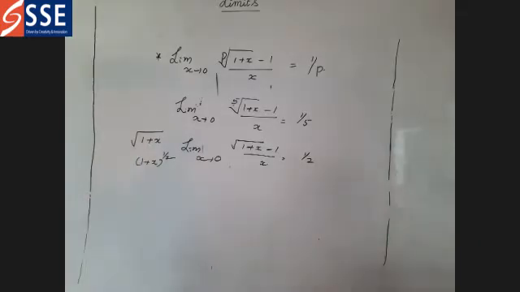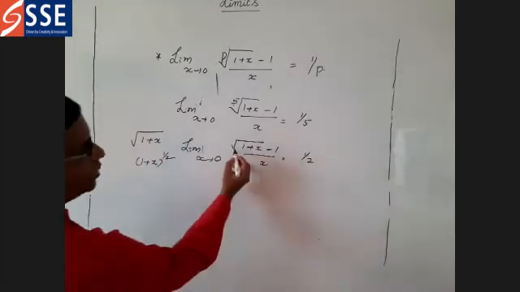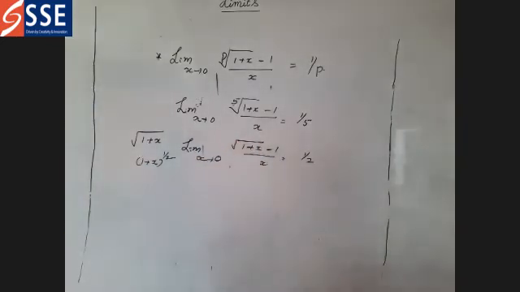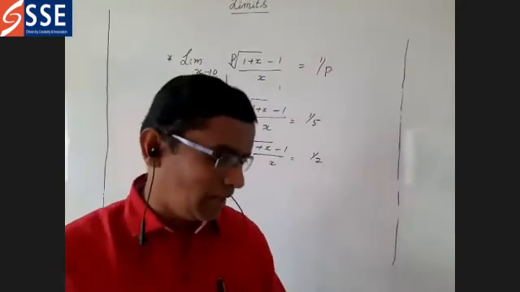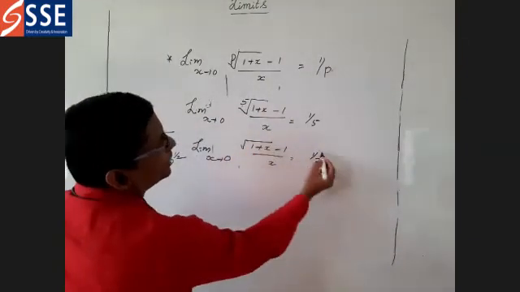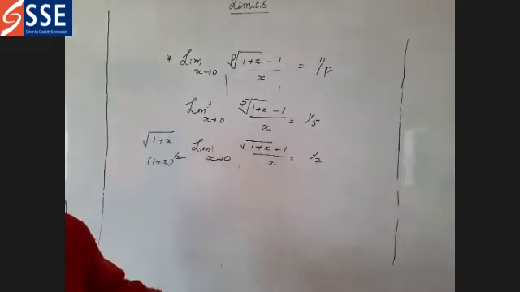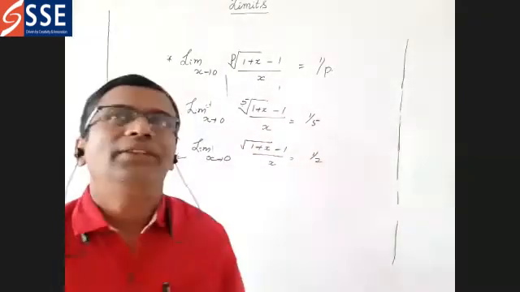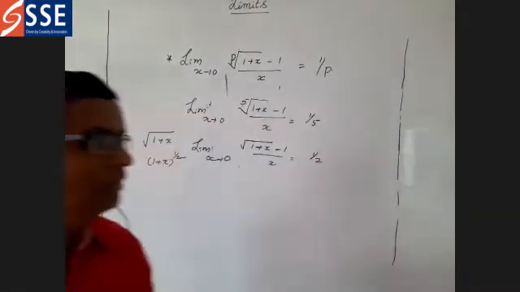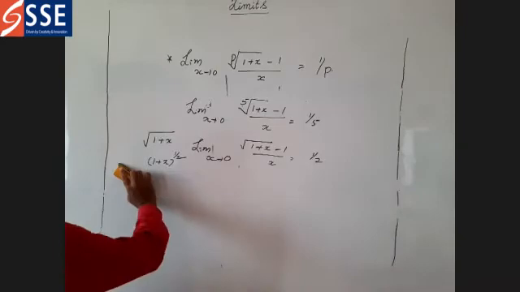Both are equal. Don't think that it is 1. So we are pronouncing this as the square root of 1 plus x. Square root is nothing but the 2nd power of 1 plus x. That is the meaning of it. So that's why here 2 should be there. That's why I asked how many of you are going to do the answer like that. Remember that square root is nothing but the 2nd power of the given. So this is okay.